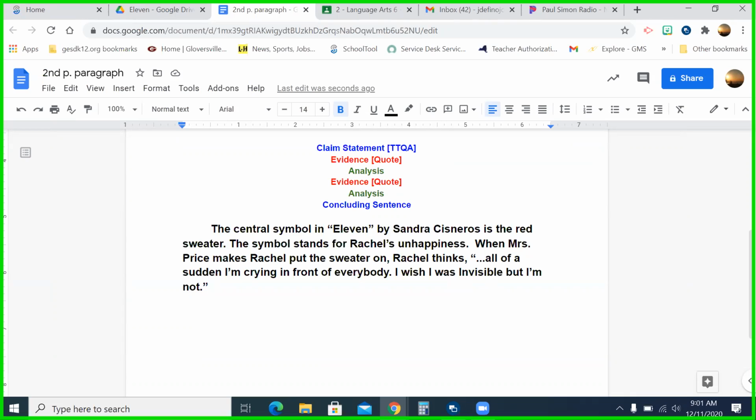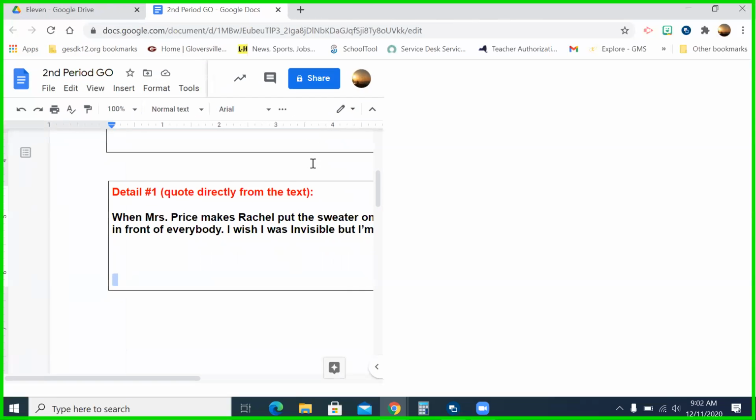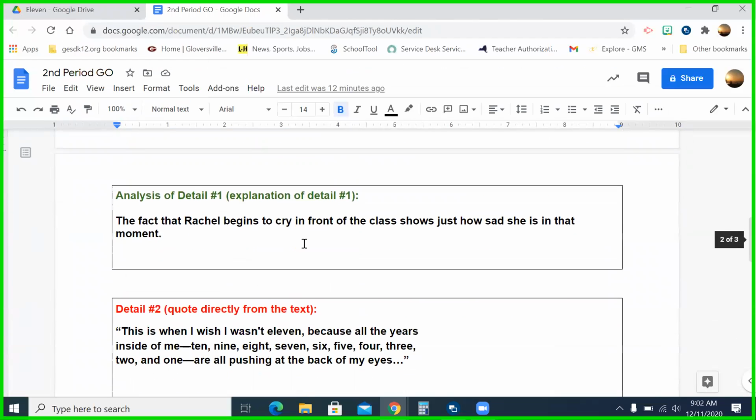Analysis. Okay. So again, do you see where my cursor is right after the last quotation mark? I'm going to set myself up and put a space there, so when I come over and paste my next sentence, it'll be in the right spot. If they're colored, that's okay for now. The next thing I have to do is go down to my analysis of quote number 1. So I'm going to